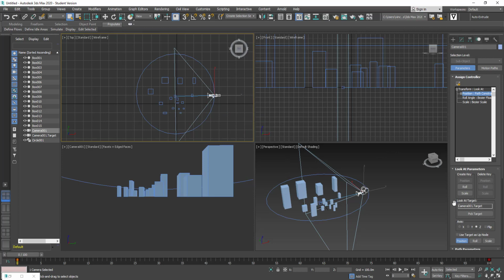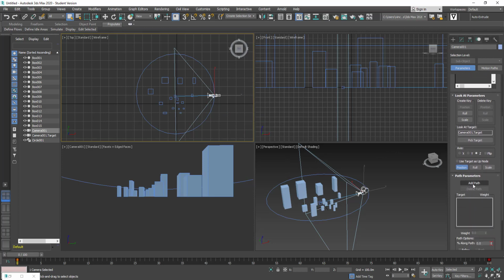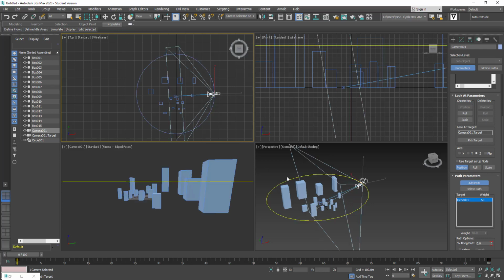Then scroll down in the new command prompts and click on Add Path. And this is where we get to assign the new path to the camera. So click on Add Path and then click on the circle. Now, as you can see now, the camera actually attaches itself to the circle, and you can see that the